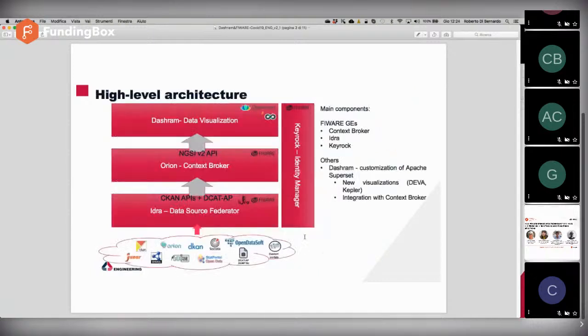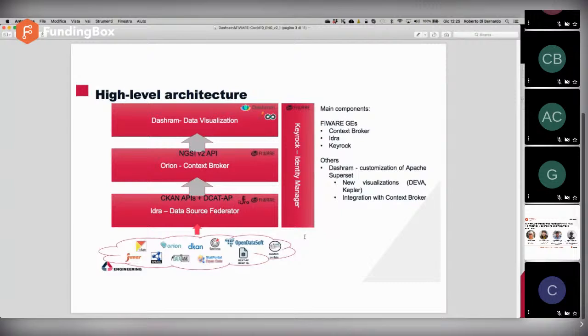The stack is a really simple one. It could be seen as a sort of simplification of what we already do in the digital enabler, because the main asset comes out from those in the digital enabler infrastructure. So we used the HYDRA, that is the generic enabler for FIWARE, supporting the federation of open data sources, so capable to federate different sources of open data independently from the technology used, or the way they have been developed, from custom websites to pure open data portals managed, for example, with more standard technology like CKAN or even Socrata,